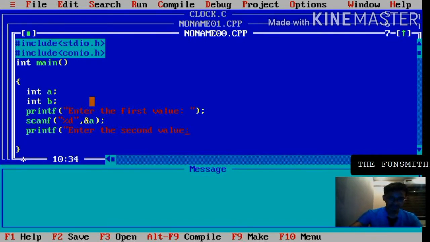Okay, we are nearly done with our program here. Okay, yeah, this much has been done. Now next, add scanf, %d, ampersand b. Yeah, so the first part of this program has been done, the place where we input the numbers. So now next,